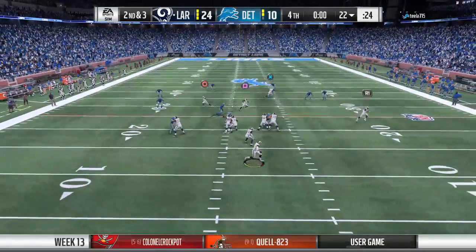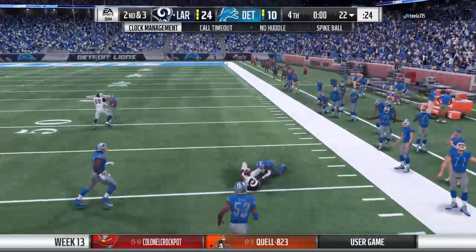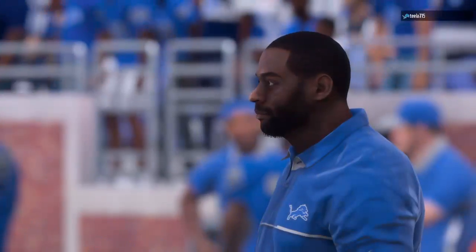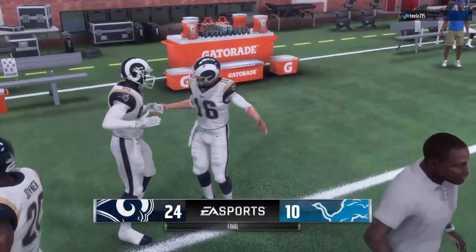Goff going to throw it. Flush to his right. And he finds a man. That's Watkins. And he's brought down after a good game. A road win in the National Football League. Charles, you never take...